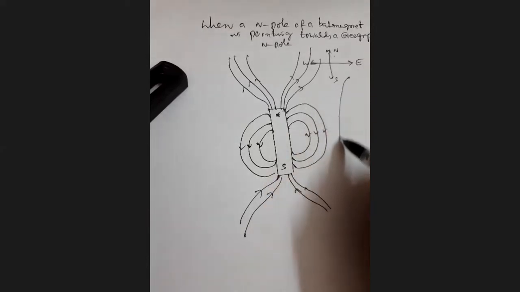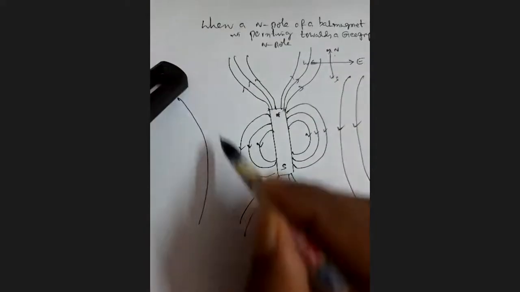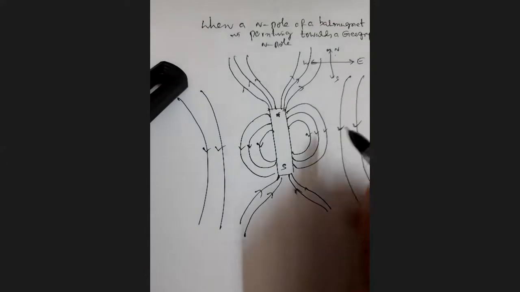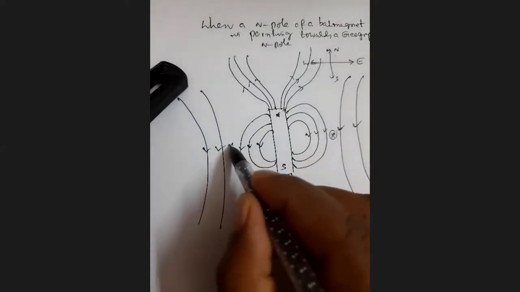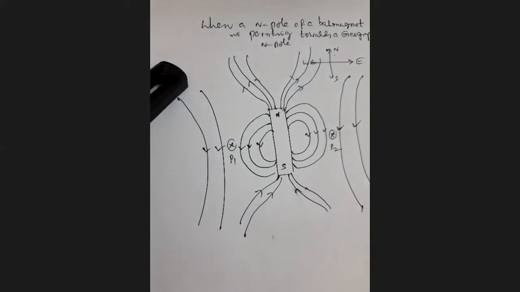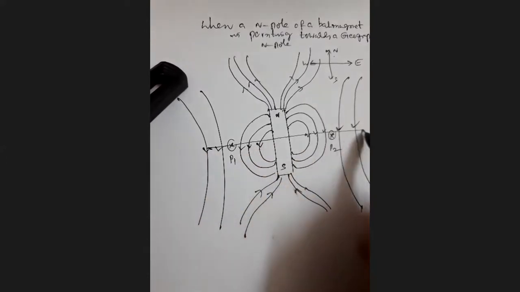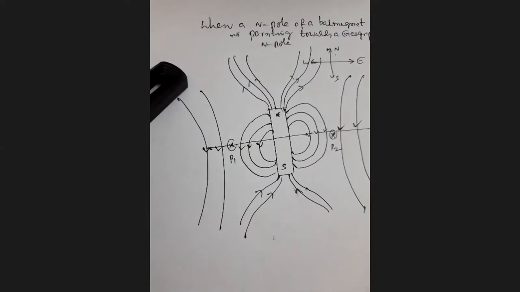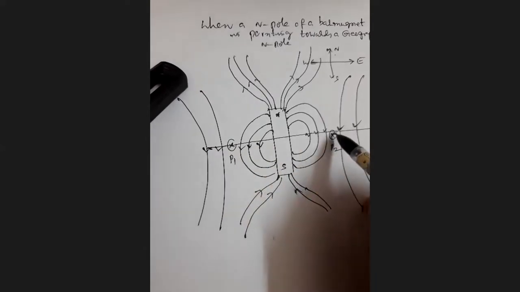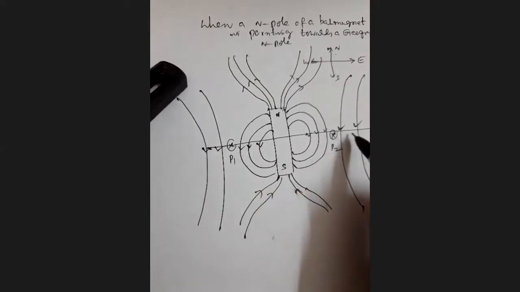So here, like this. If you observe the points P1 and P2, there are no lines of force. What is the reason? The line passing through the center and perpendicular to the length, the perpendicular bisector or magnetic equator, is this one. On the magnetic equator at the points P1, P2, their resultant field will become zero, because on the equatorial line,